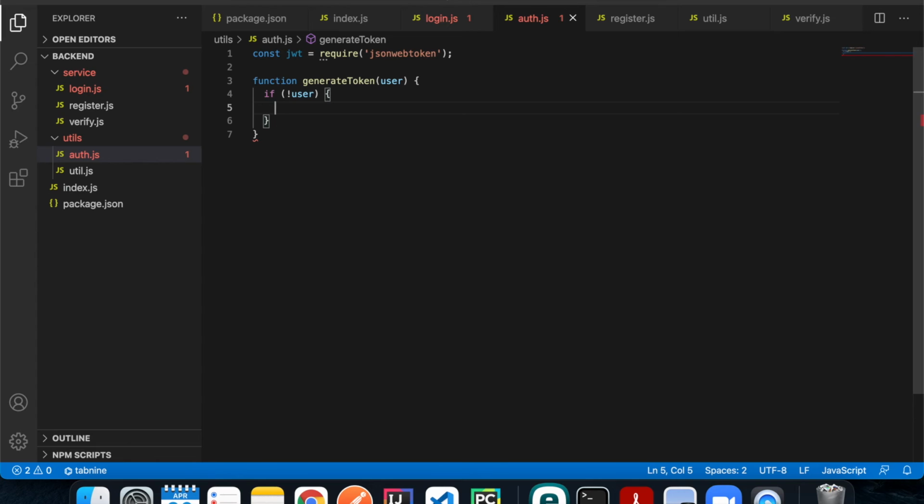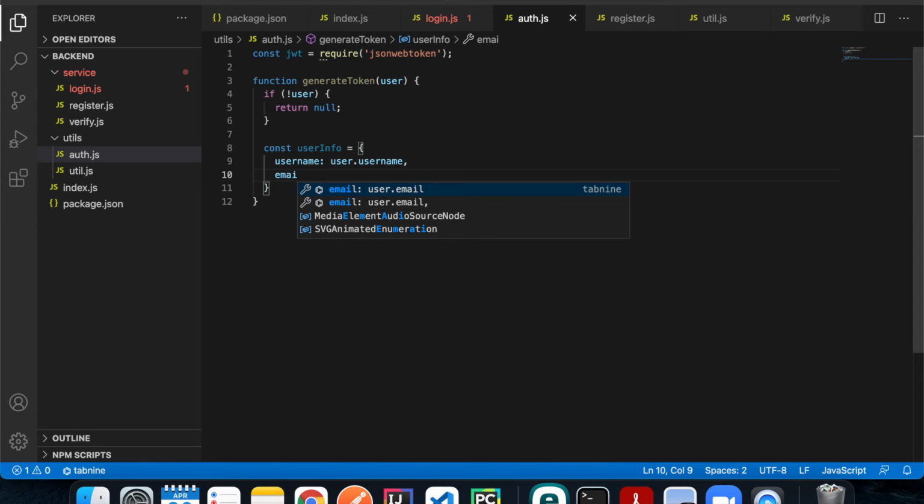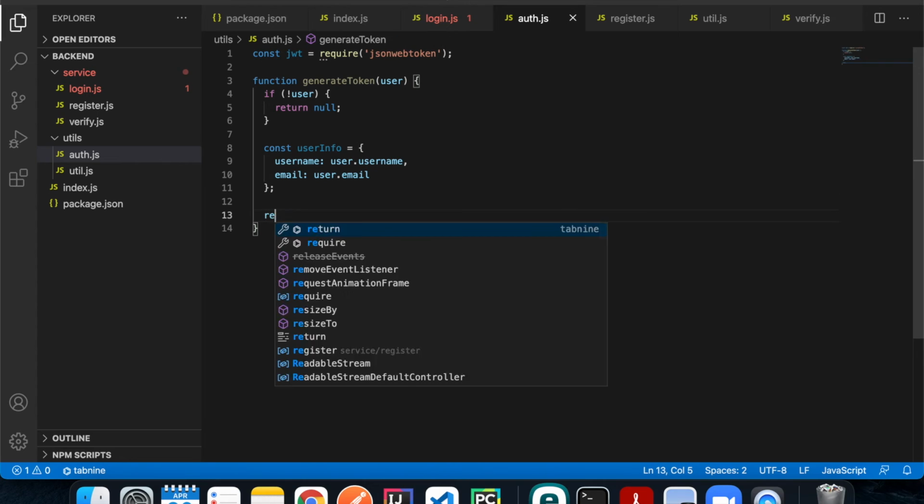If it's not defined, return null. Customer user info, username. We're going to use the email for the hashing, but you can use other attributes if you want. And then we're going to return